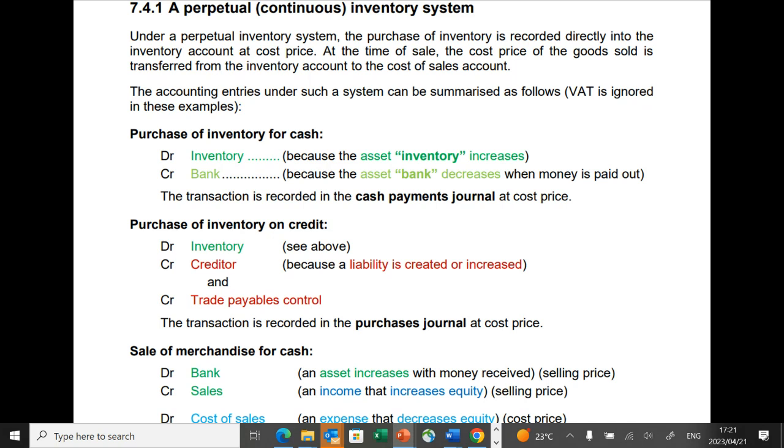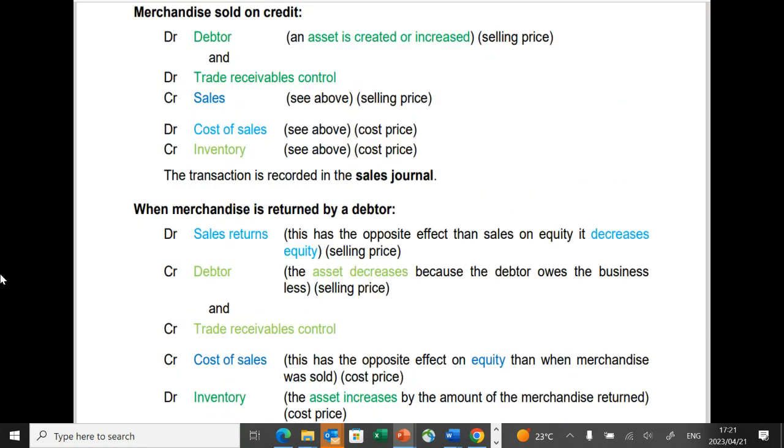In this example, we're selling this inventory for cash, but let's say we sold inventory on credit. So it means we sold it to some debtor, but they haven't paid us. We know debtors are an asset for the business. So when we sold to them, we're expecting more money to be received from them, which means our assets are increasing. On which side? Assets only increase on the debit side. That's why we're going to debit